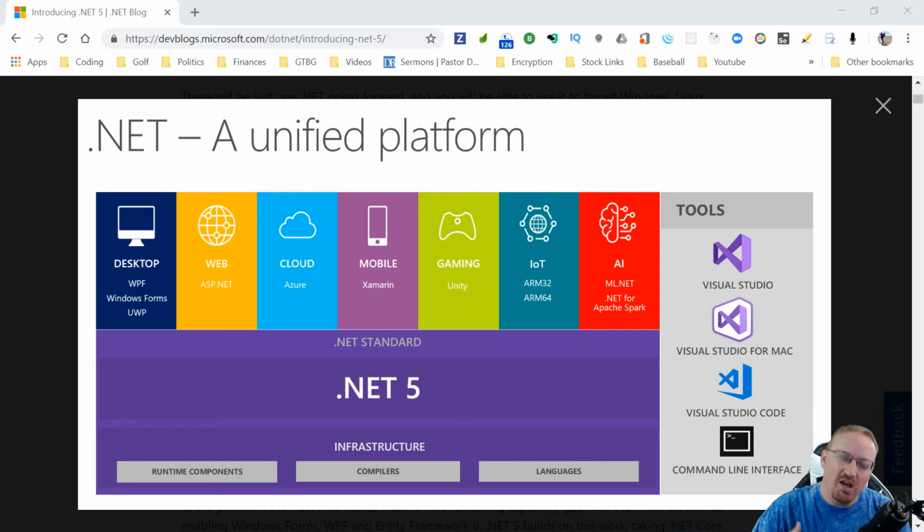But depending upon which technology you want to use and which platform you want to put it on, you've had to figure out: am I going to do Mono? Am I going to do .NET Core? Am I going to do .NET Framework? It's been a bit of a 'gosh, what do I use?' And I have to keep writing my same application in lots of different ways. Like if I wanted to build a web application that was also a mobile application, there wasn't really any good